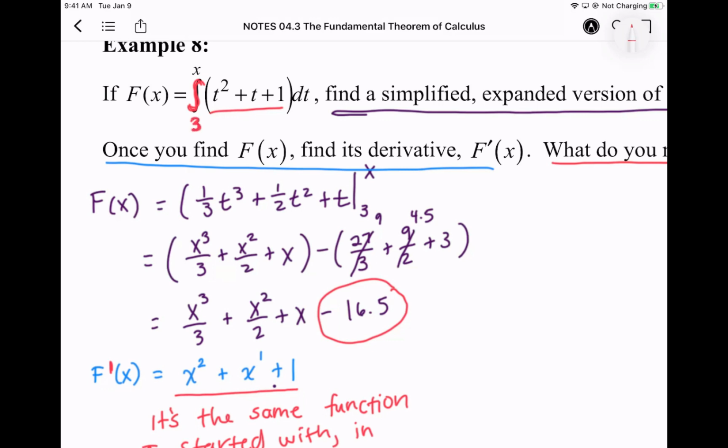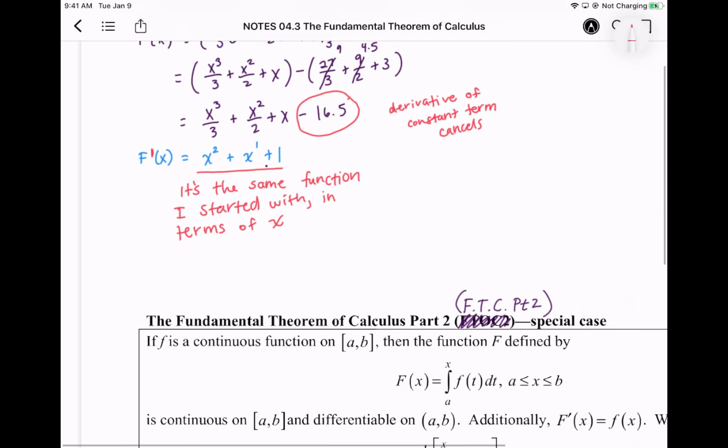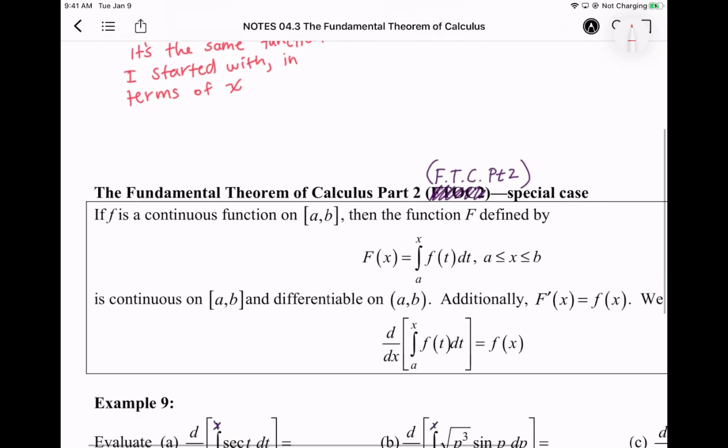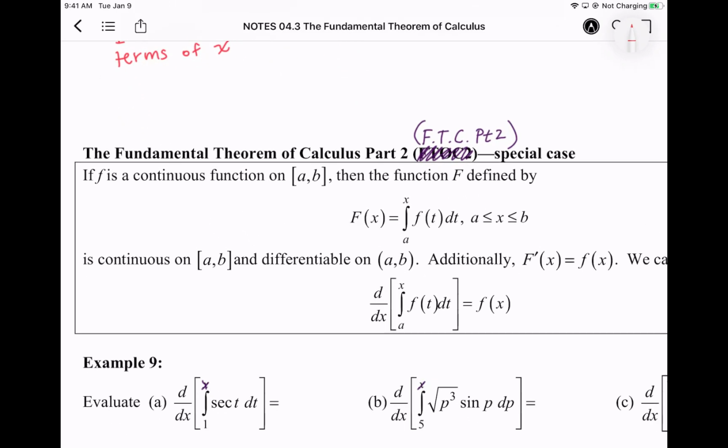When we plug in 3, we just get a regular constant. In this case, we got negative 16.5, and the derivative of the constant term cancels out. Whereas this x term replaces the t value. And so this little exploration leads us directly into the fundamental theorem of calculus part 2,